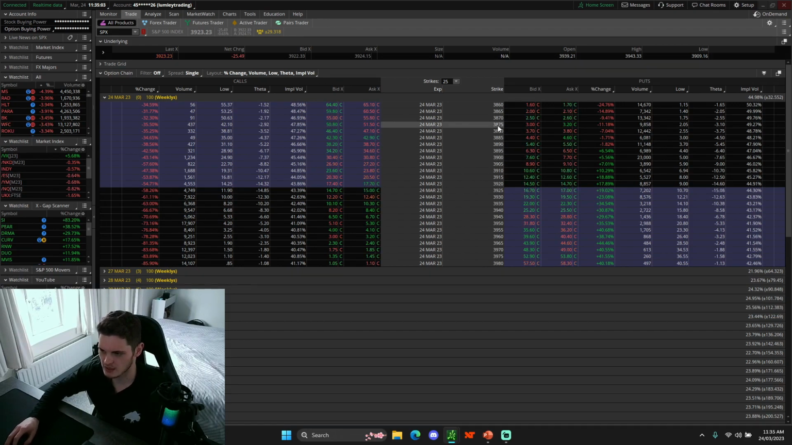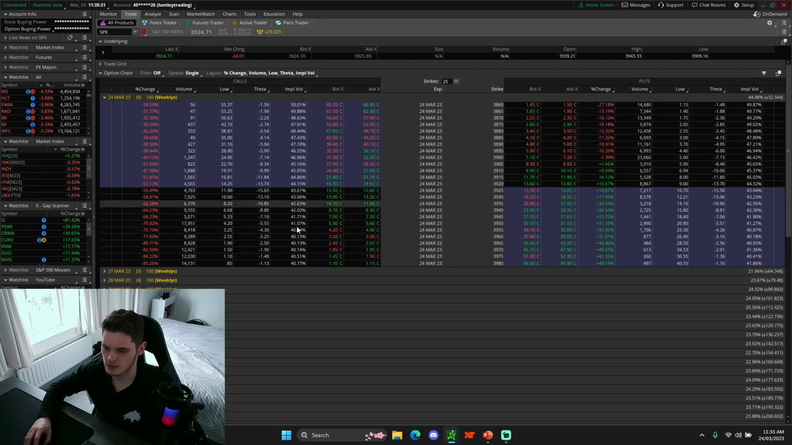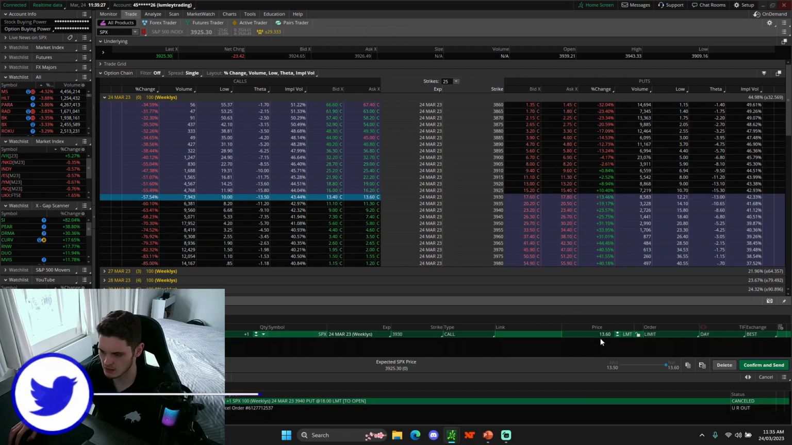What you can see here is all the calls on the left, all the puts on the right, and the prices they are. So right now we're looking at SPX, which is the S&P 500 index, and the options on that. The current price is 3,924. So if we were to say we want to buy a 3,930 put, we can see firstly this is going to cost us about